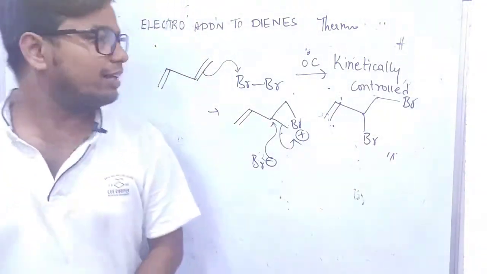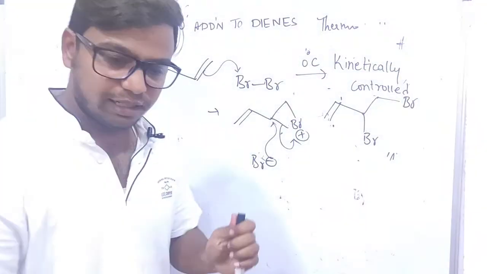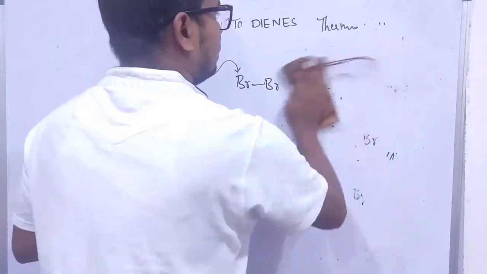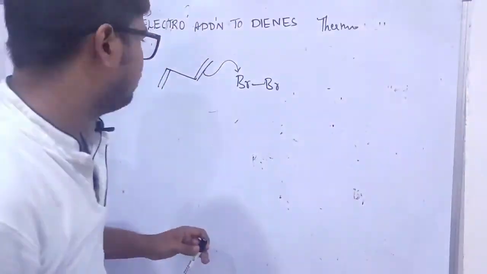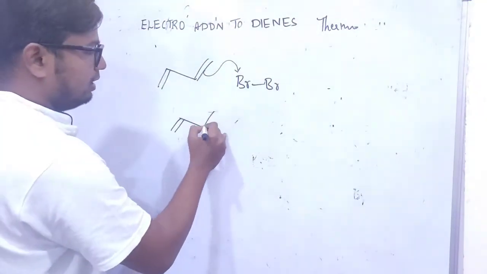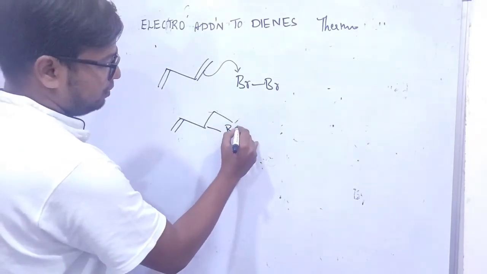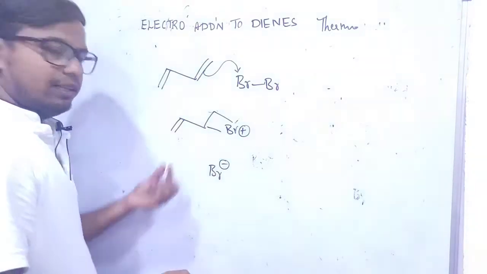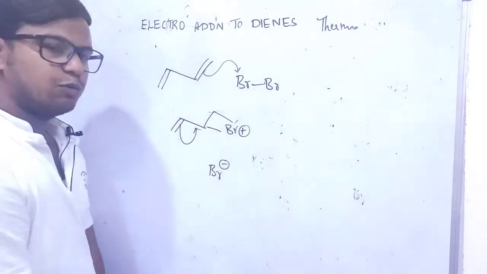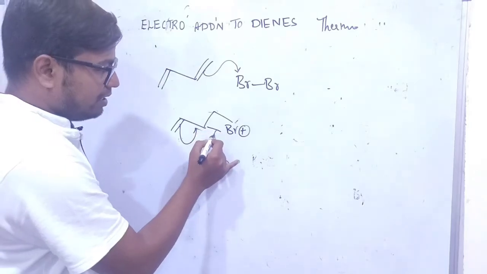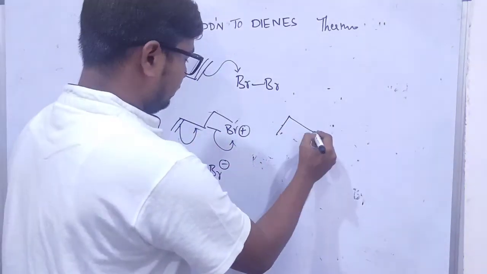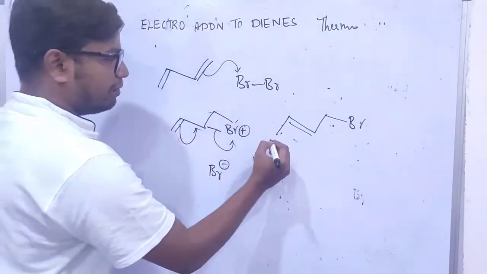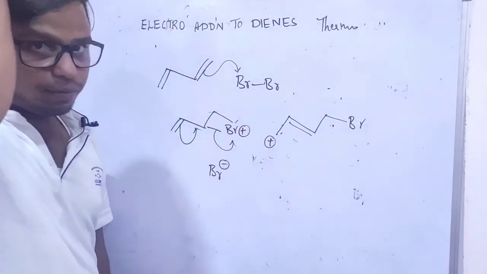Okay. Now we will see the thermodynamically controlled product. Let's see that example here. Similarly, bromine is added here and we get our bromonium ion with positive charge. Instead of Br minus attacking here, these pi electrons shift over here and this ring is opened, resulting in the formation of this kind of species with Br, and the double bond is shifted here and we get a positive charge here.